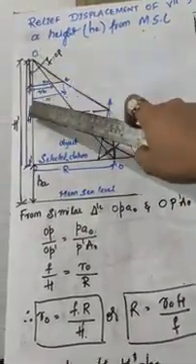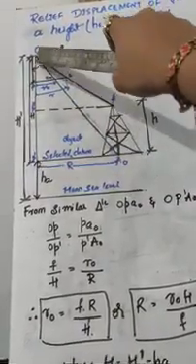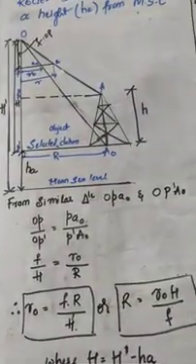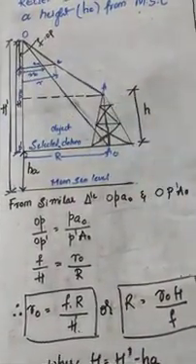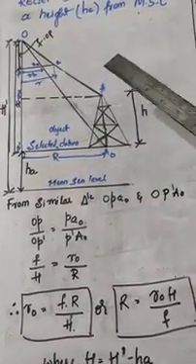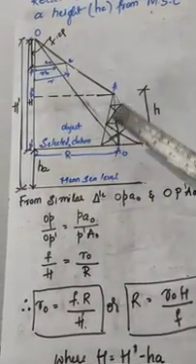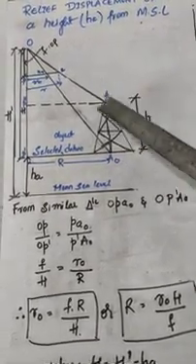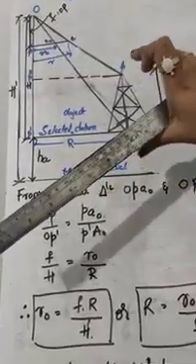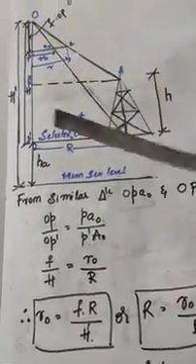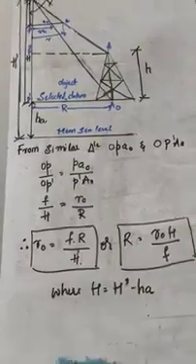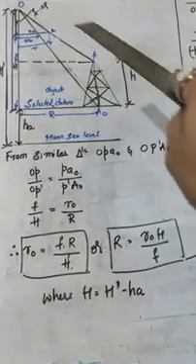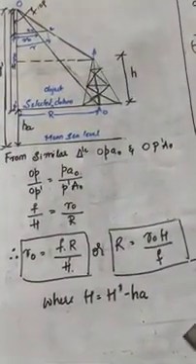O is the exposure station, H is the flying height, and this is the height from the datum line, where R is the radial distance of the ground, and small r and r0 are the radial distances on the photoplane, where A is the top of the tower and A0 is the bottom of the tower, where H is the elevation of the tower, that is the total elevation of the tower from the selected datum. Okay, now after explaining all these terms and elements,